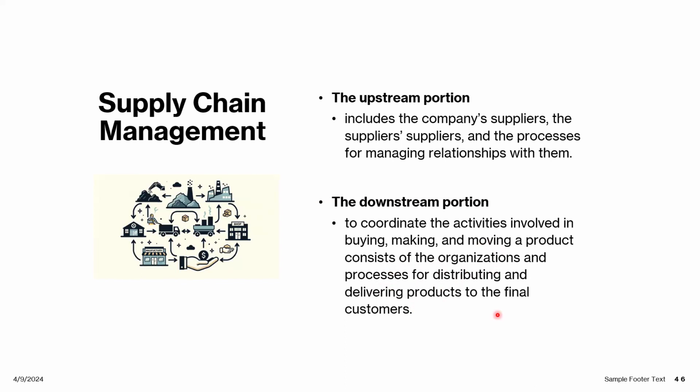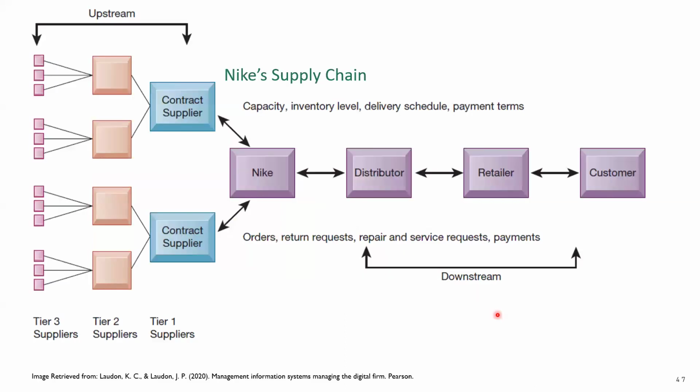The flow from the upstream to downstream is very important. From the downstream all the way back to the upstream is also very important here. So when you talk about Nike's supply chain, so is your enterprise, your organization, for example, you have a supplier. These suppliers will have their own suppliers. Their own suppliers will have more and more suppliers, right? So this is called,